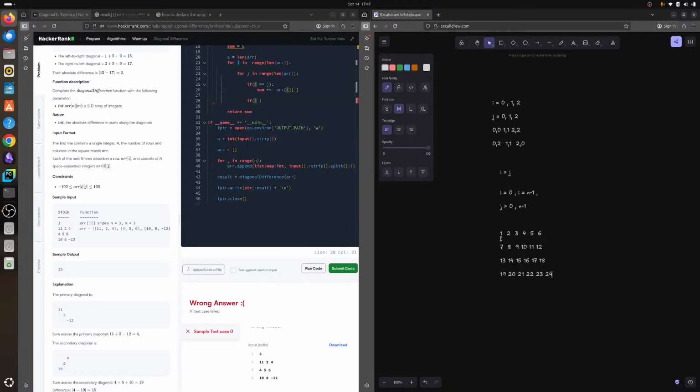Let's put 4 plus 4, 1 2 3 4, or 2 more rows. Put 25 26 27 28 29 30, 31 32 33 34 35 36. Right, so here 6 will come diagonal,